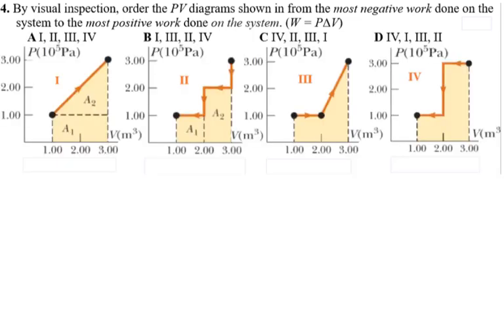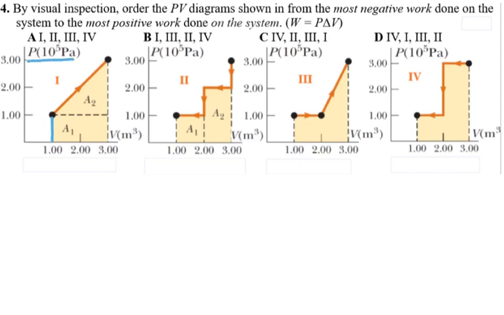And in this question, I had to open the rest of the question. They say that by visual inspection, order the PV diagrams shown from the most negative work done on the system to the most positive work done on the system. So from the lowest work done on the system to the most work done on the system. So I know that in PV diagrams, the work done on the gas or by the gas is the area underneath. So for the first one, I have